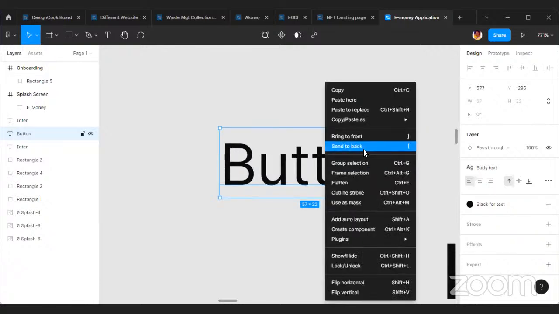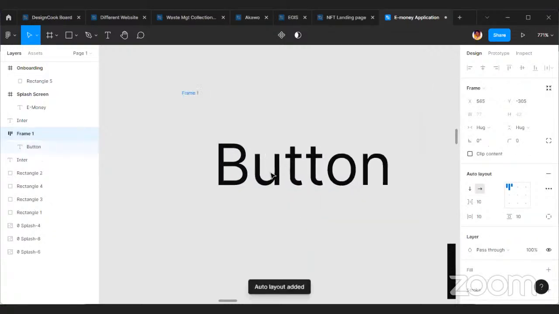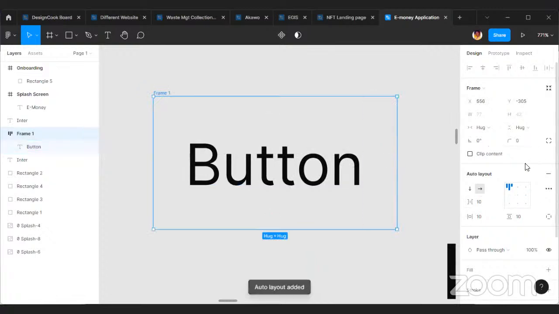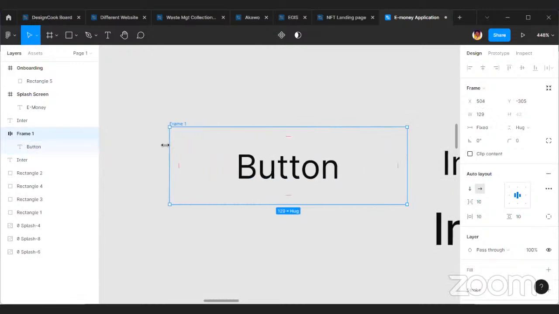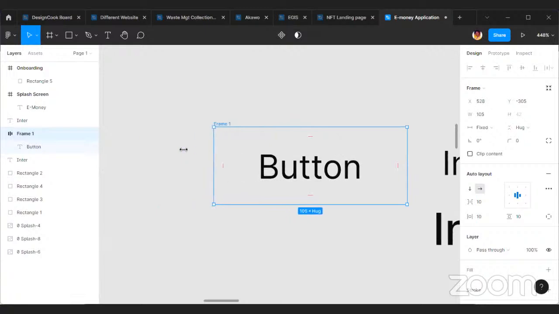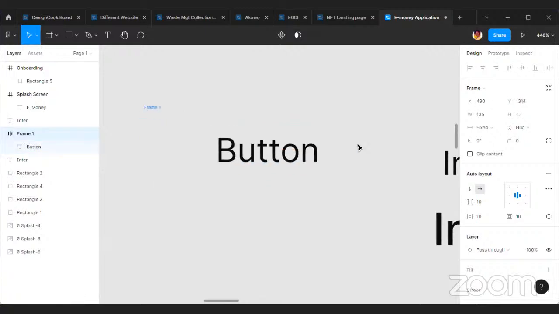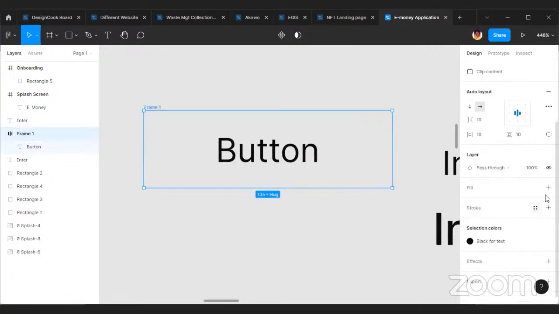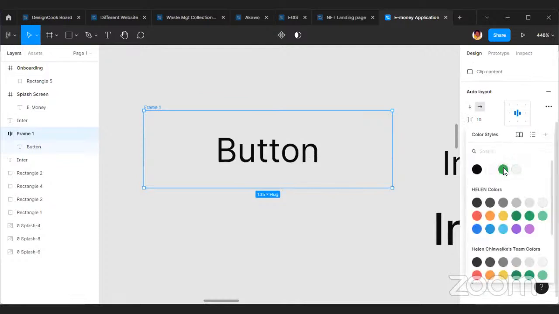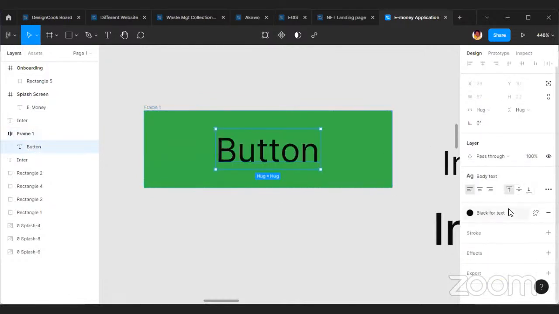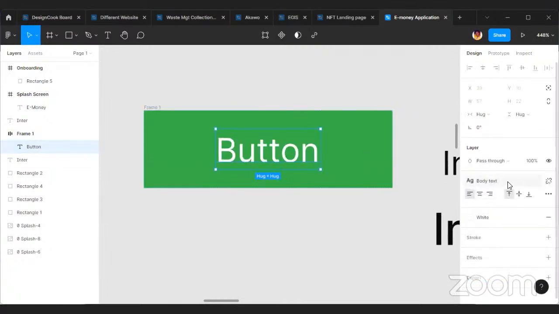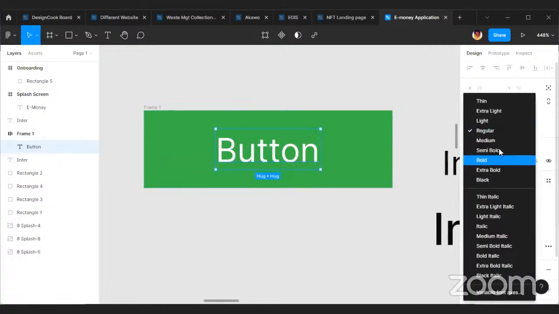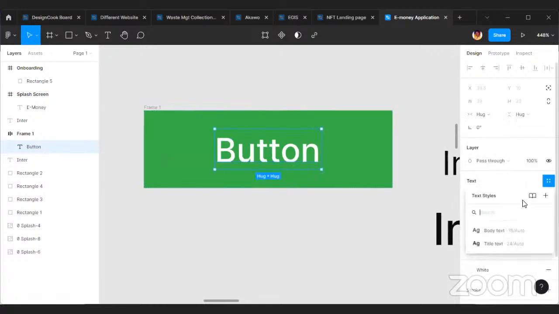So I'm going to add auto layout to it. Then I'll go to my auto layout setting and place it at the center. The alignment at the center, so that whenever I drag this, the text will always be placed at the center. So I'm going to give it a fill color of our primary color. I'm going to change this to white. So let's make this a little bit thicker. So I'm going to use this for our button